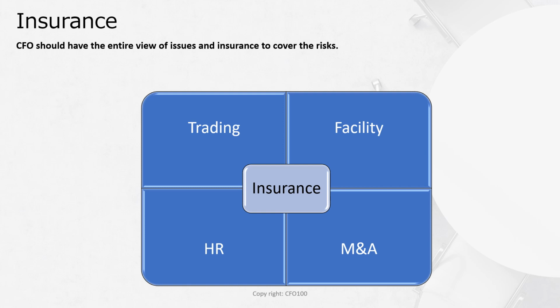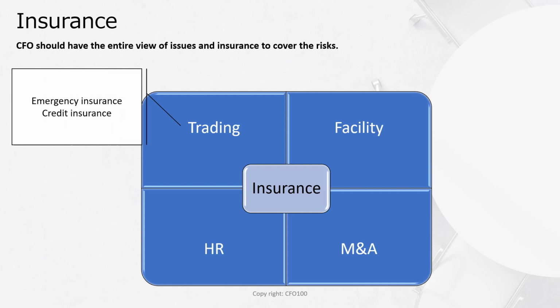For a trading business, there are mainly 2 small categories of insurance. The first type is insurance for emergency situations. As introduced in the previous slide, in the flow of a trading business there are many kinds of risks, but some of them happen accidentally, whatever effort you make to avoid them. Pirates and natural disaster risk are in those categories.